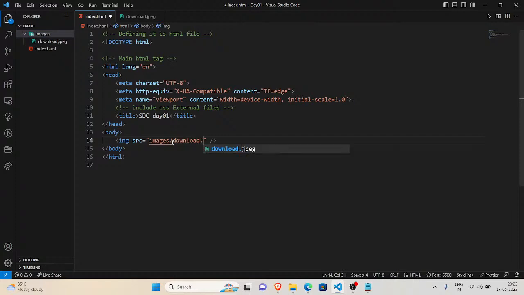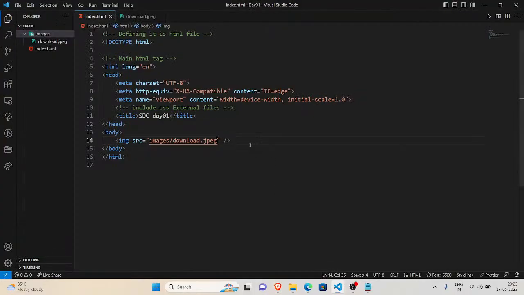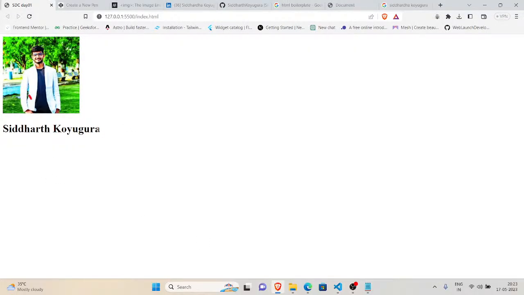If we write download.jpeg, that's it. We got the image from the images folder to our main directory. Let me refresh it. Finally, we got it. H1 Siddharth Koigura. That's it. We get it.